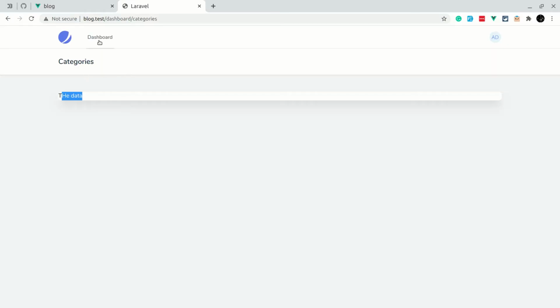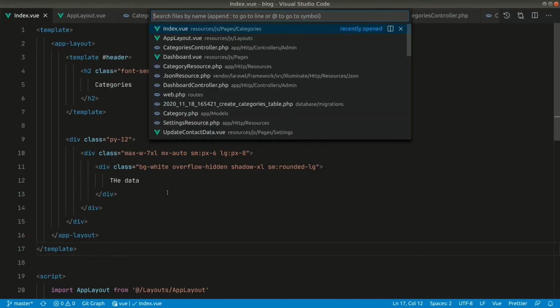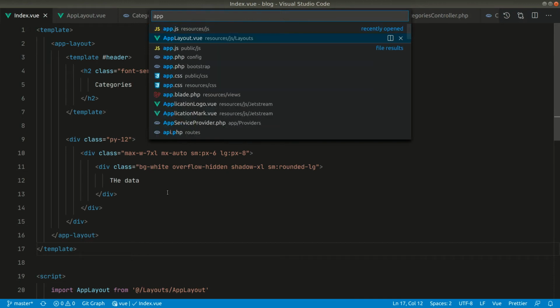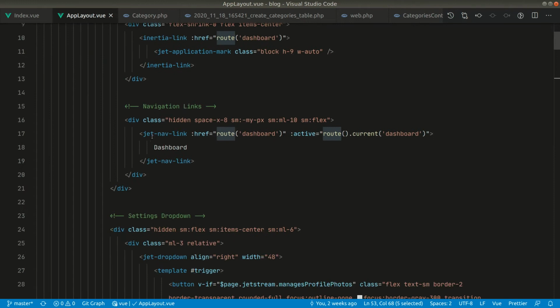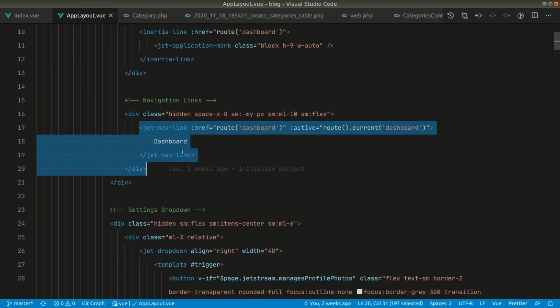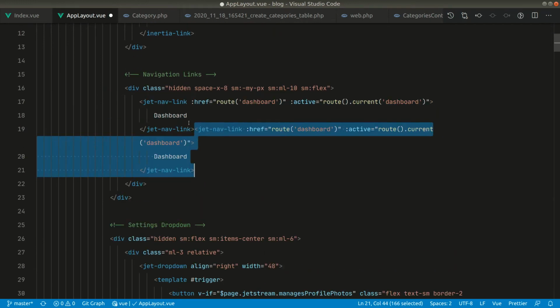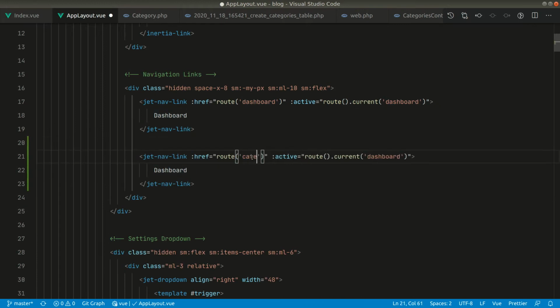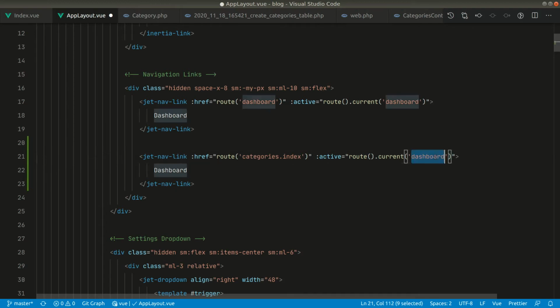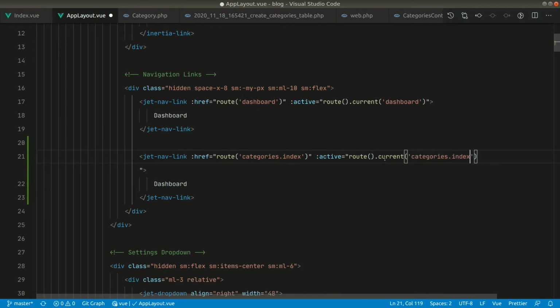Now we want a menu for this. Here in the dashboard, we want another menu, categories, and by clicking on that we want to go to this page. So let us go to the app layout, which is inside resources JS layouts, and it is coming from here, navigation links. Let us duplicate this one and say categories.index, and here also categories.index.